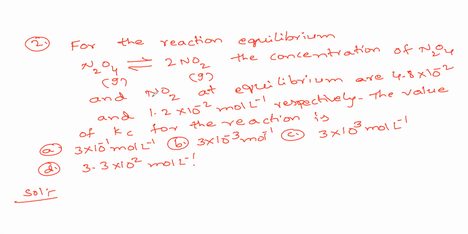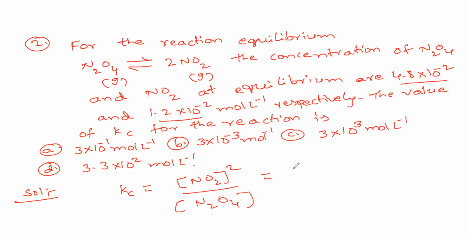Solution. So they are given equilibrium concentrations directly. So the concentration of N2O4 and NO2 at equilibrium are 4.8 into 10 to the power of minus 2, that is for N2O4, and 1 into 10 to the power of minus 2, that is for NO2. So for this reaction, Kc is equal to how much? Kc is equal to equilibrium concentration of NO2 whole square by equilibrium concentration of N2O4, because it is only 1 mole. So it is equal to 1 into 10 to the power of minus 2 whole square,